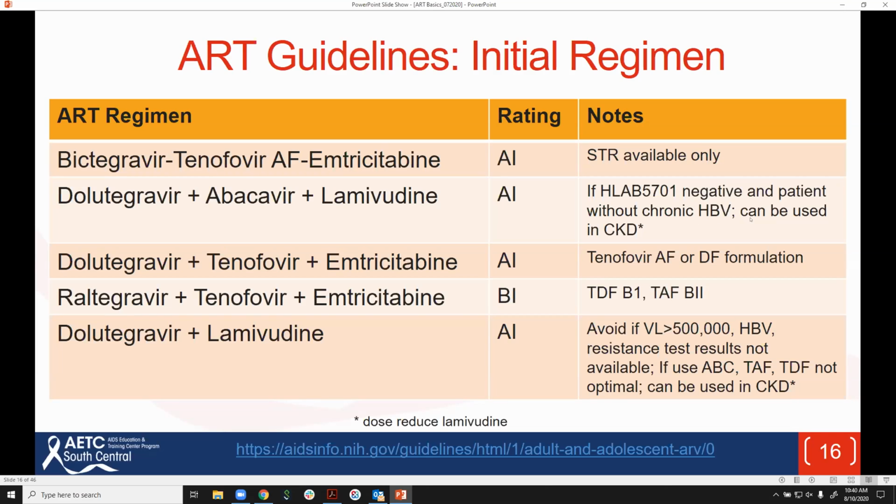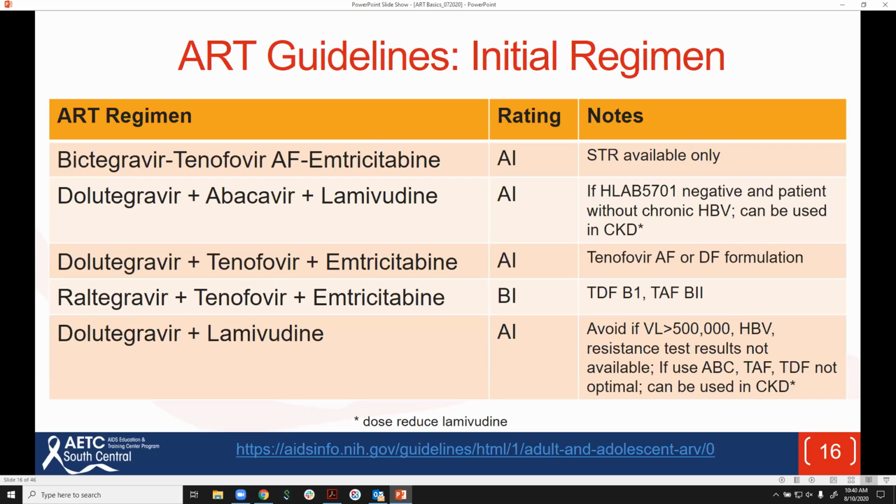So I'll talk about Hep B. It can be used in chronic kidney disease. So all of these agents can be used in kidney disease. Here on this list, abacavir and dolutegravir, but lamivudine can also, but it would need to be dose reduced. So you couldn't use a single tablet regimen, but that might be an indication that you may want to use